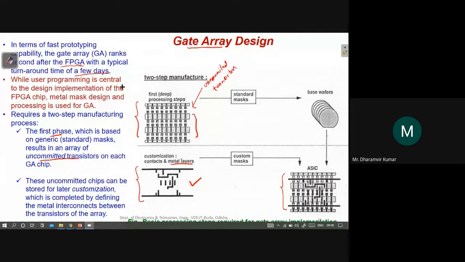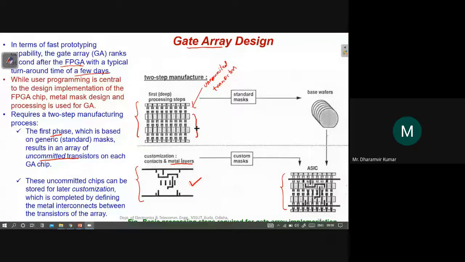But here, we cannot say that the chip is here. Only the chip. What can I say? Maybe partial chip. The chip contains only uncommitted transistors, and then we define the metal layers. With the help of some custom mask, we impose these metal layers on these uncommitted transistors to form our circuit.